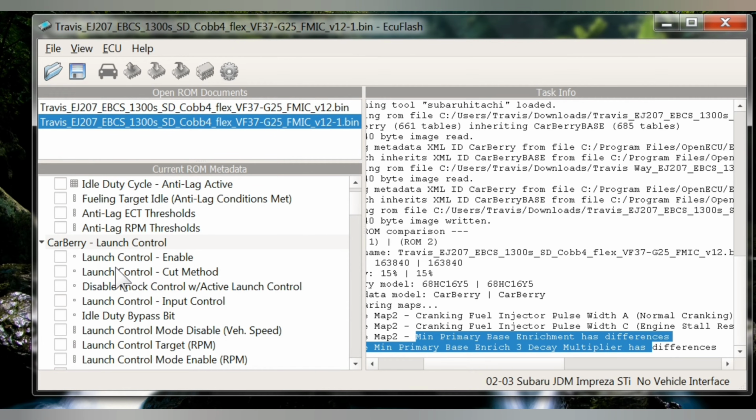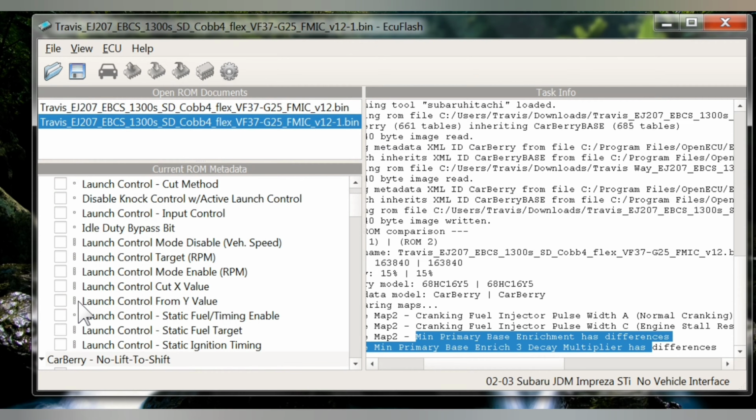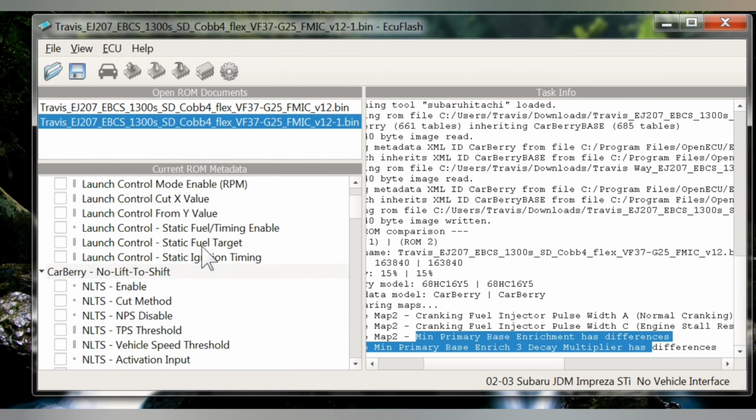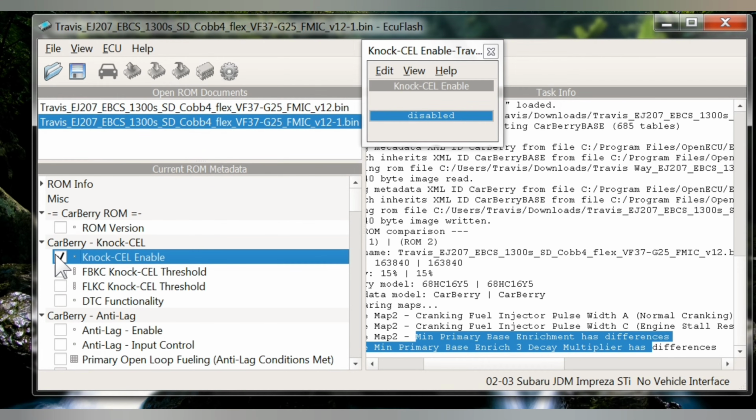One, I added launch control to mine. The reason being is because I had launch control on another map, so it's pretty basic to set up. It's just enabling it and enabling the RPM, and then the mode, and then the static ignition timing, excuse me. Pretty easy stuff to do. Don't do that though. Have your tuner add launch control. They can do it. He could have done this for free, but I just knew what I was doing, so I added it in. And then I added the knock cell enable on mine,